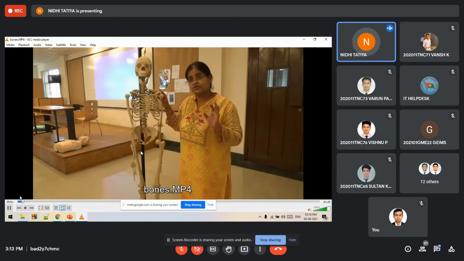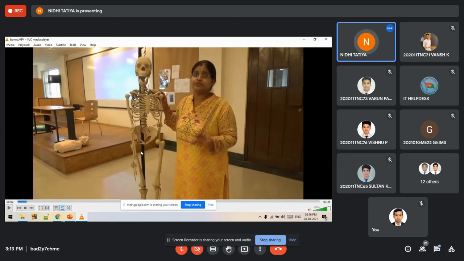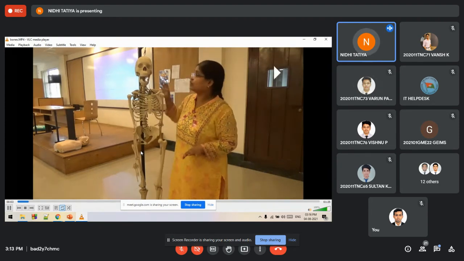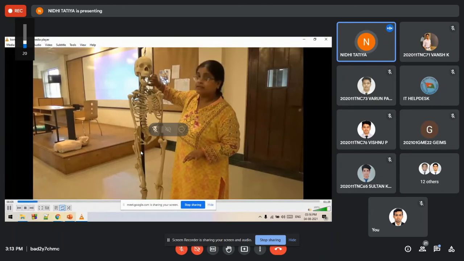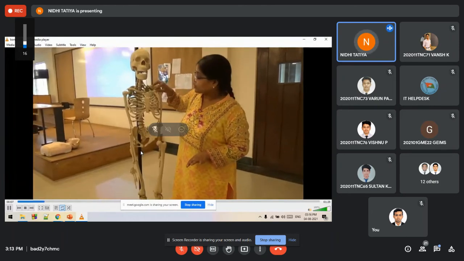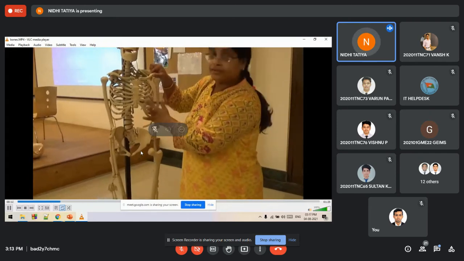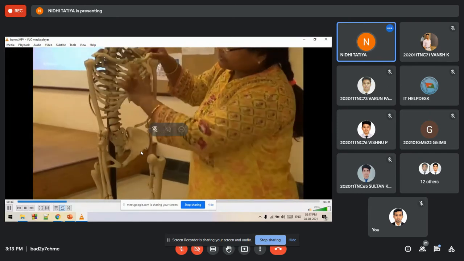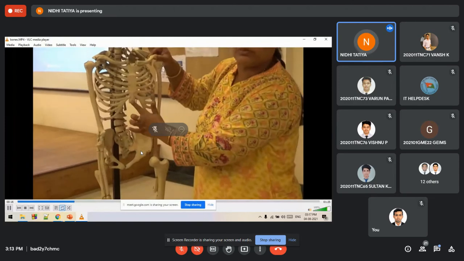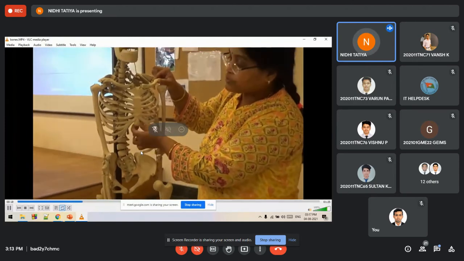Human bones. There are around 20 bones. Can you see in here? So this is the human skeletal, and I'm describing each part. Okay. We need to know. This is the skull. This is mandible. This is the collarbone, which is also known as the clavicle. These are the ribs which form the rib cage. This bone in the center, very important bone, is called the sternum, and the lowermost part of the sternum is